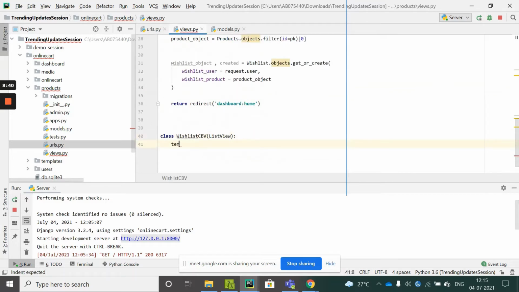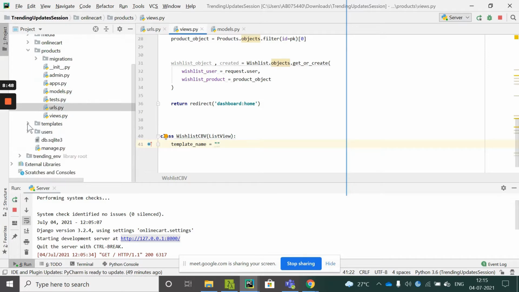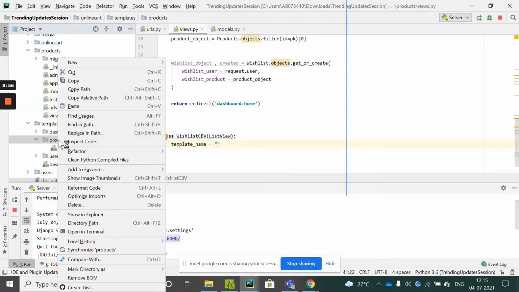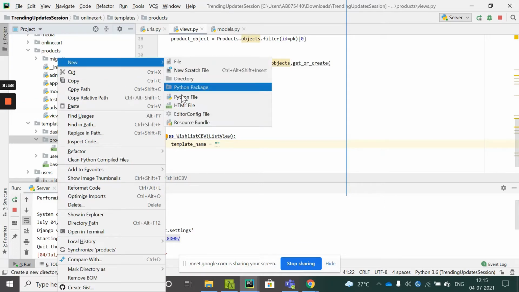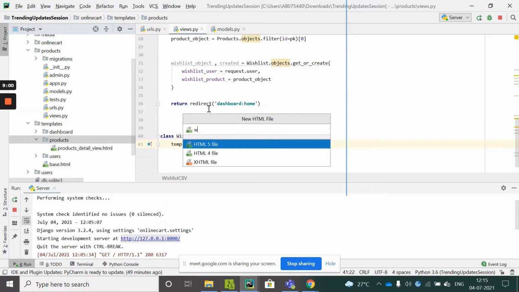We just need to provide the template name over here. So what is the template name? Inside the templates folder, inside products, I don't have any product detail, I have only the products detail view. So I'll add one more HTML page called wishlist view. Cool.